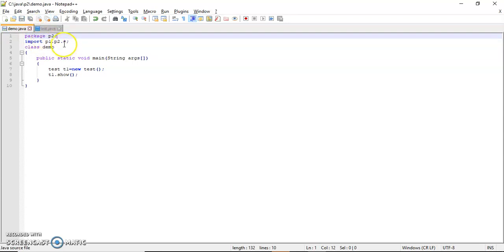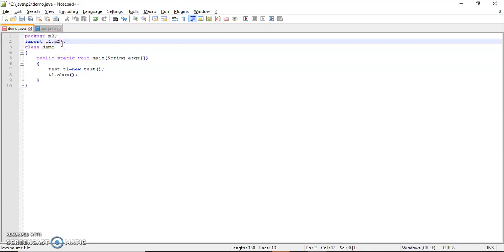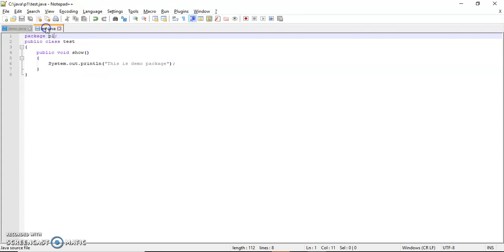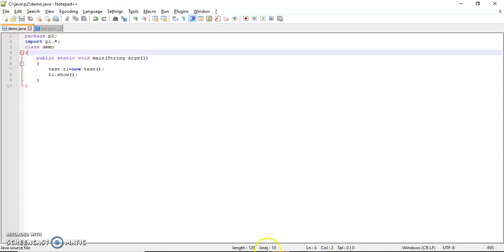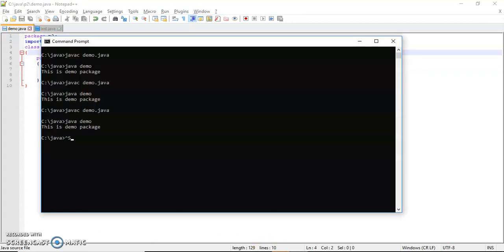Now in p2 I need to import p1.*. Similarly in p1 I have to import p2.*. Save the program. This is package p1 importing p2, and this is package p2 importing p1. So it's okay.